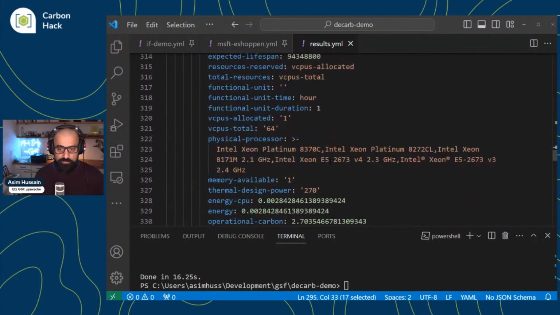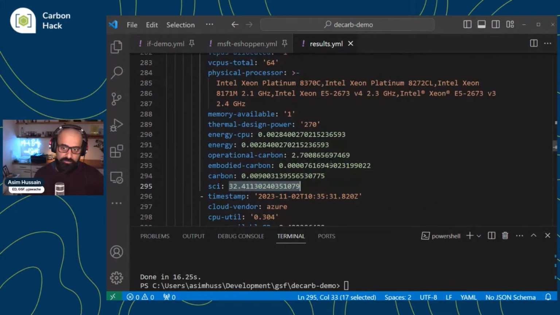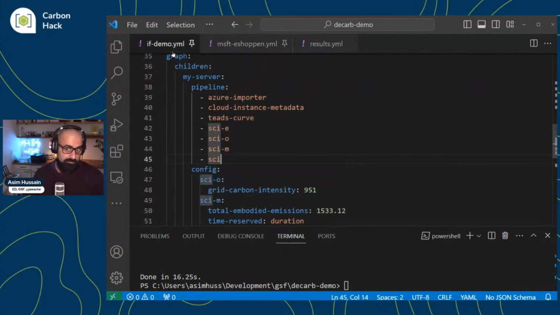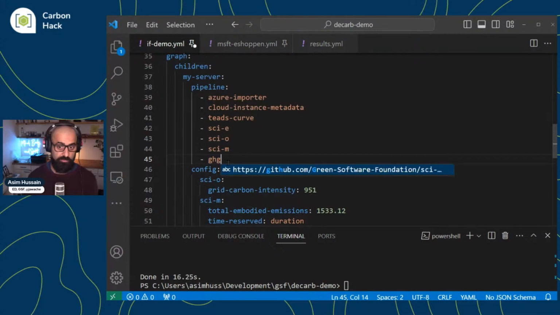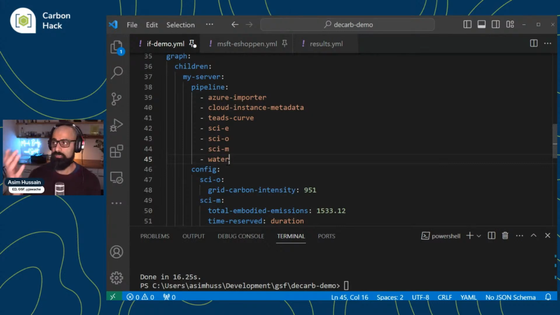It is a solution that helps you compute any impact that you want through the use of these micro models. This demo is very simple, but theoretically, if you're not happy with an SCI calculation, and there's a model which can convert to GHG, or if there's a model for water, I don't know, I haven't actually looked. I'd have to really engage to figure out how you get from a utilization value to a water stress value. There's research in this area. One of the things we're looking for is people to take a look at that research and figure out how to implement it in micro models so people could actually compute it.